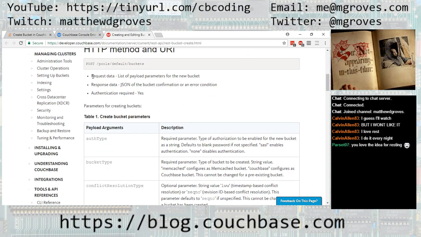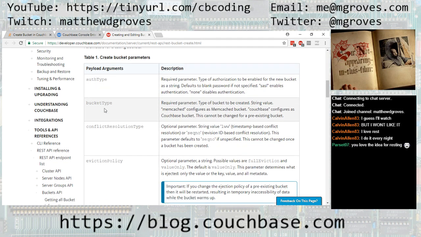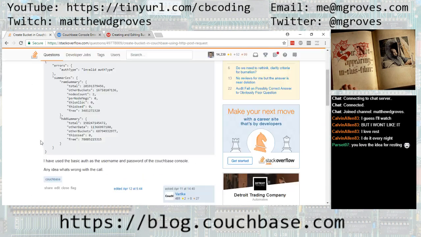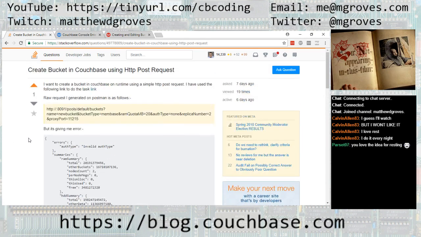So this might be a good candidate for improvement as well. But here's all the different arguments, and those are the ones he specified: auth type and bucket type and name and so on. So he's got most of it right. And I don't want to single this guy out, Vartika on Stack Overflow, as you know, this is an easy mistake